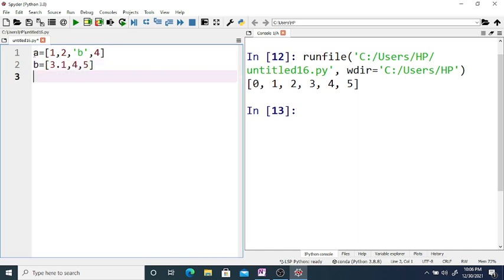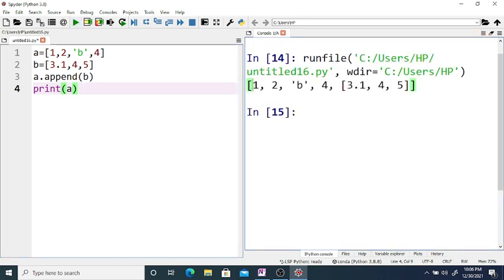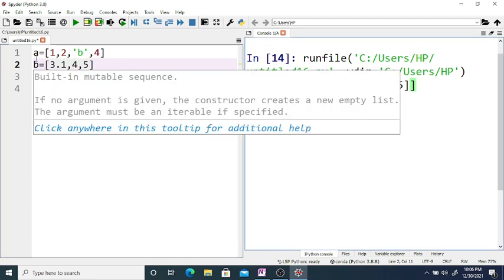If you use the command a dot append b and print a, you can see the new output will be 1, 2, b, 4, and this list is added at the end of the first list a.